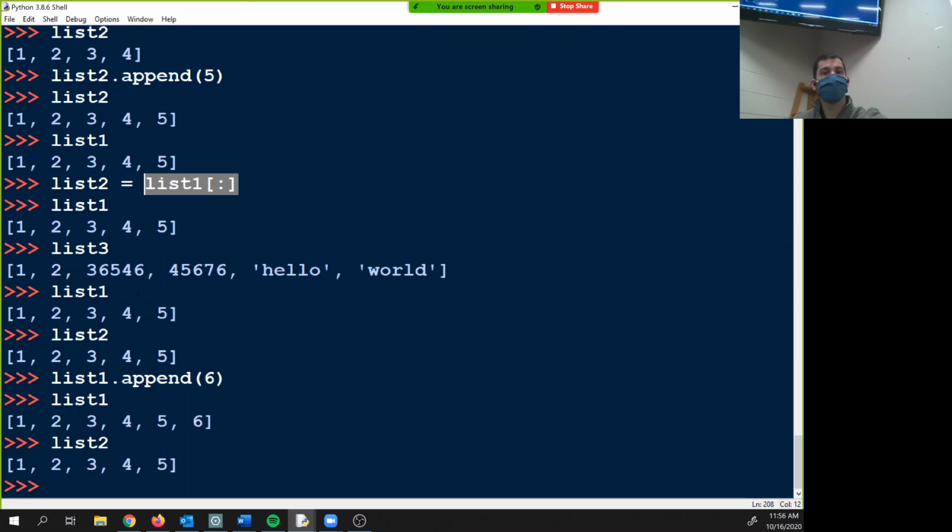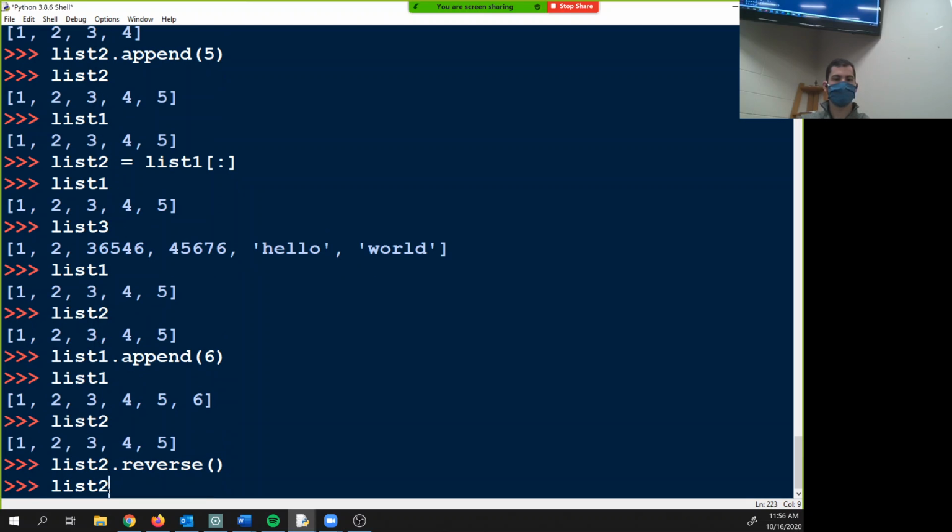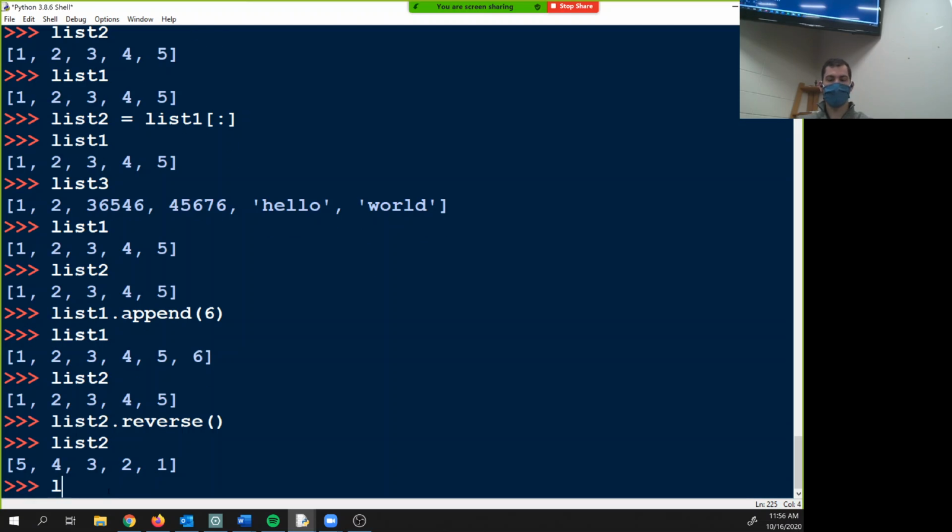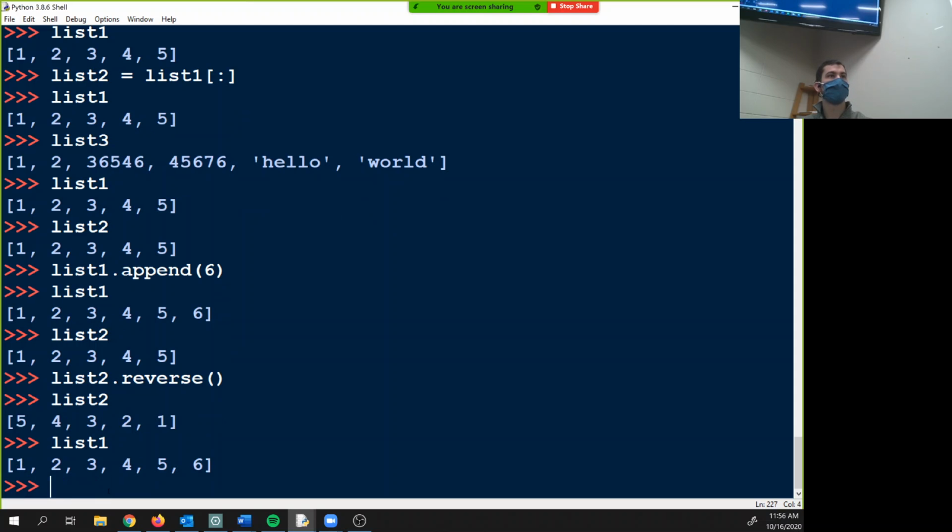Yes? What about list2.reverse? It doesn't have to be sort and then reverse. What reverse does is it doesn't sort at all. It just takes what's in the back and puts it in the front. The reason it works out right now is because this is in increasing order, so no matter what, this is going to be in decreasing order. The difference is,